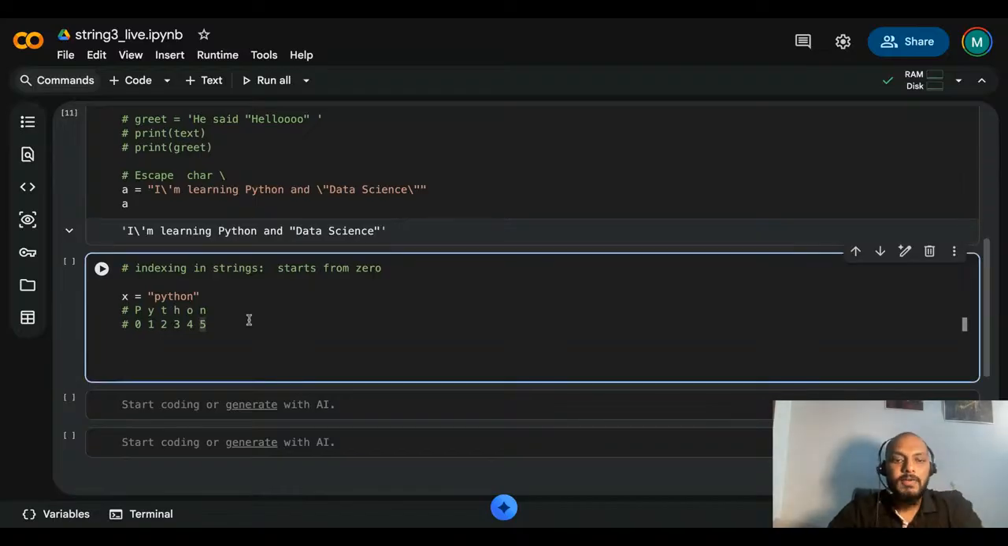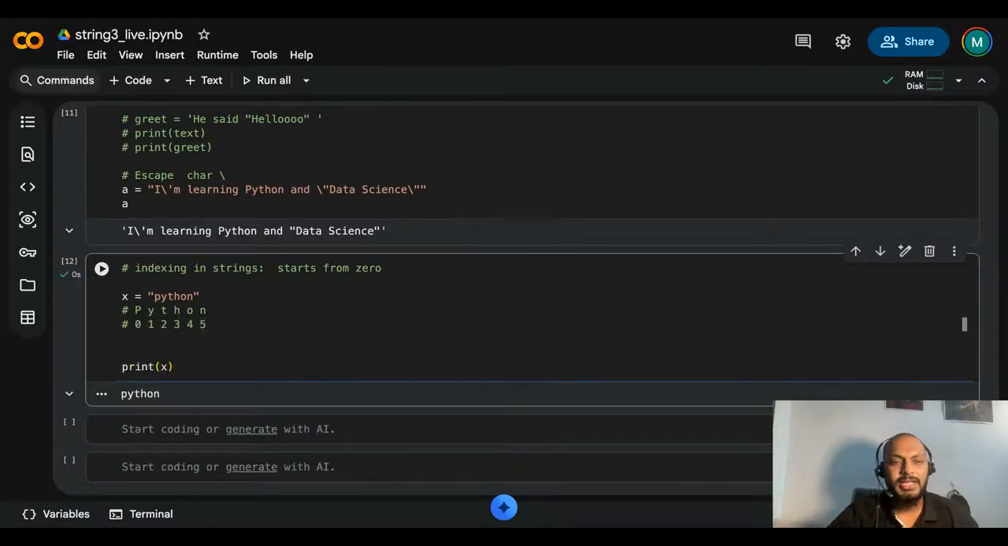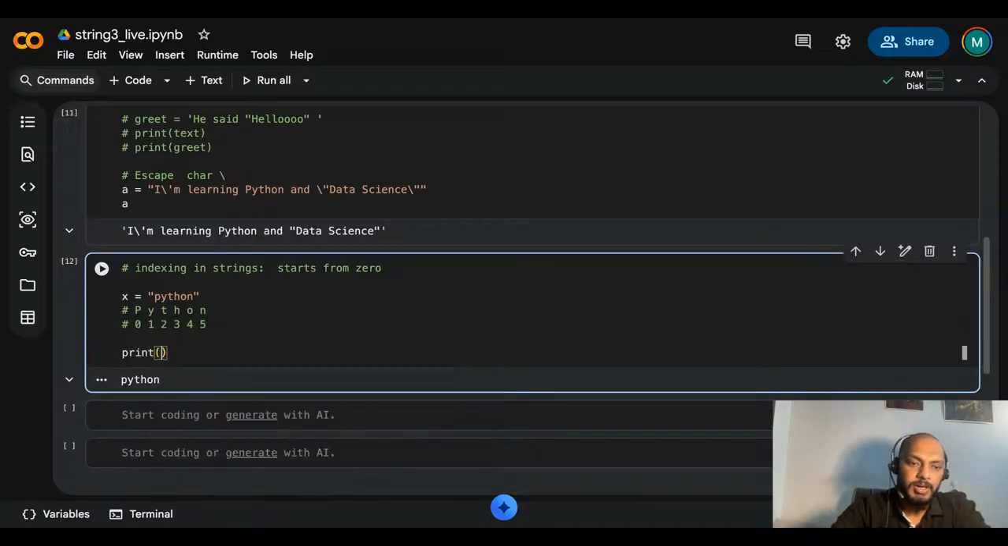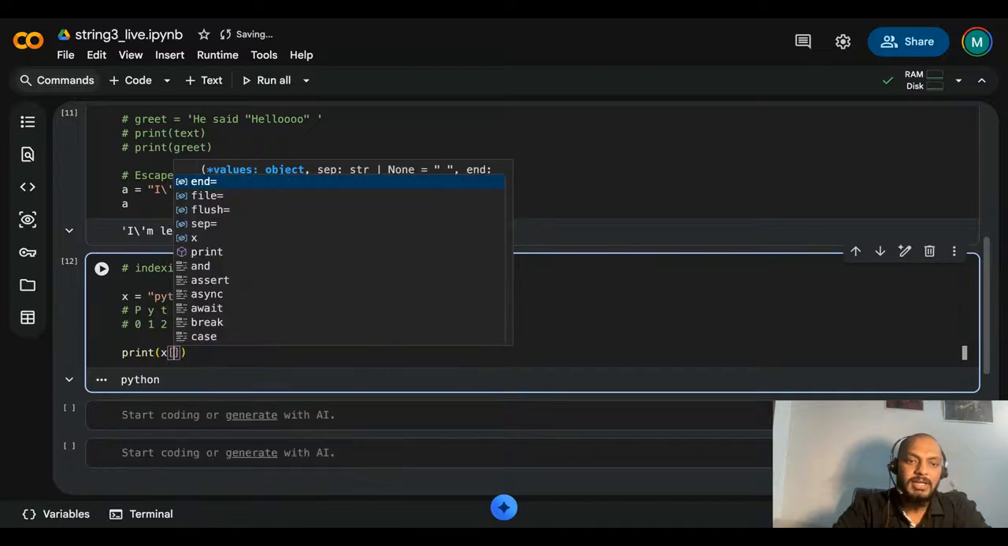If I print my x, I will get the entire Python. That's true, that's fine. But let's suppose I don't want Python, I just want the letter P from Python. I just want P, a single letter. So what I can do is write print, and then x, and then